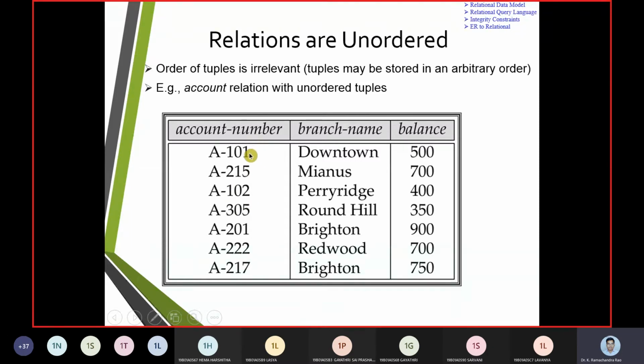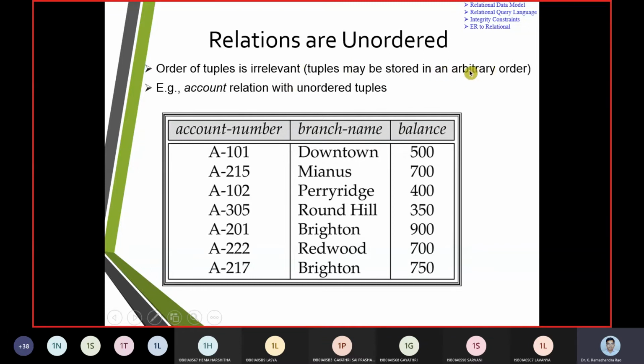However a database is maintained, in the same model we bring out the things. So we say relations are unordered and they can be saved in an arbitrary order.